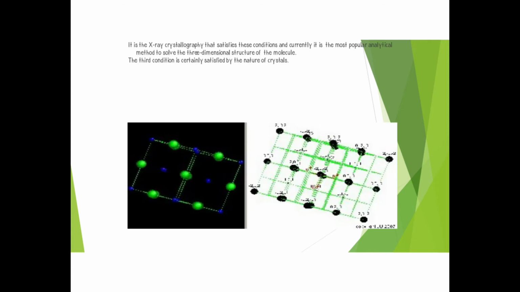So these reasons or conditions can be fulfilled by using X-ray crystallography. X-ray crystallography is the most popular method to determine the three-dimensional structure, and by using this method we can also determine the different nature of the crystals according to the third condition. Because we know that different crystals have different bond lengths and different bond angles between the atoms, various crystals can be distinguished efficiently by using single crystal X-ray diffraction.